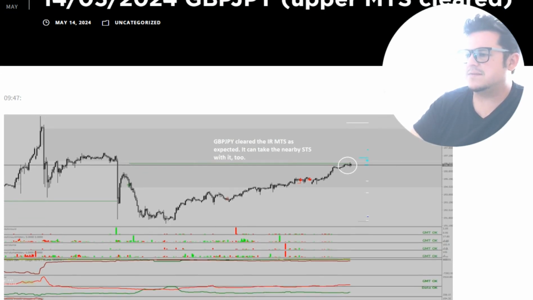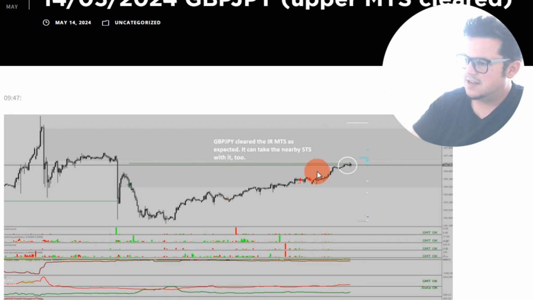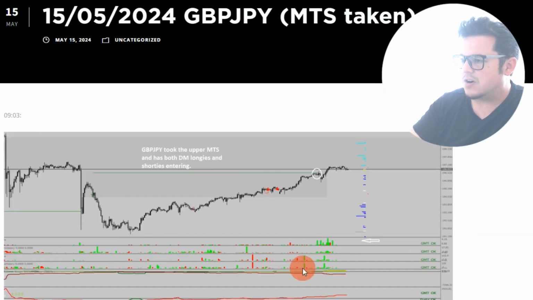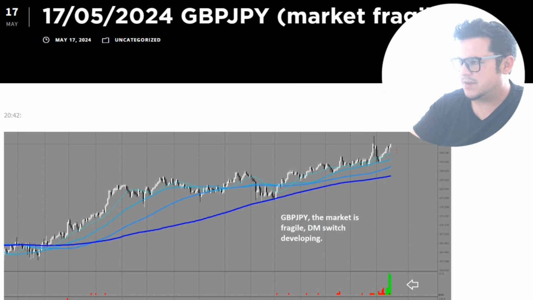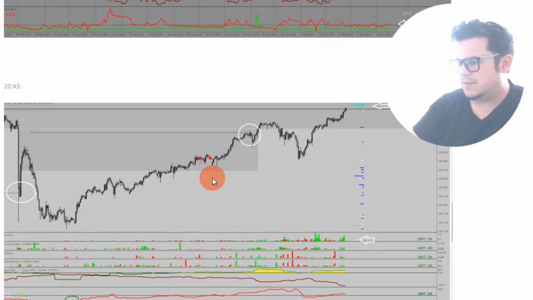Pound yen. So first we had this MTS, the price target. You remember in the MK web summary before I said the market can collapse here if this target is taken and longies come in and shorties leave. But so once more, first it looked like longies are coming, so we had the typical post stop on scenario. But overall, similar to Euro Yen, okay, while we had this pullback, and this was a beautiful post stop on pullback,